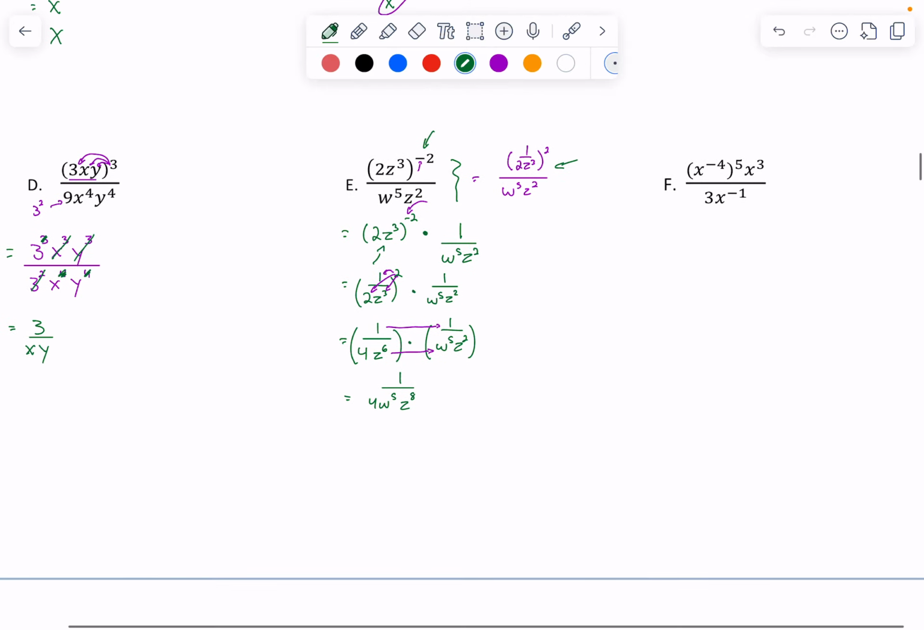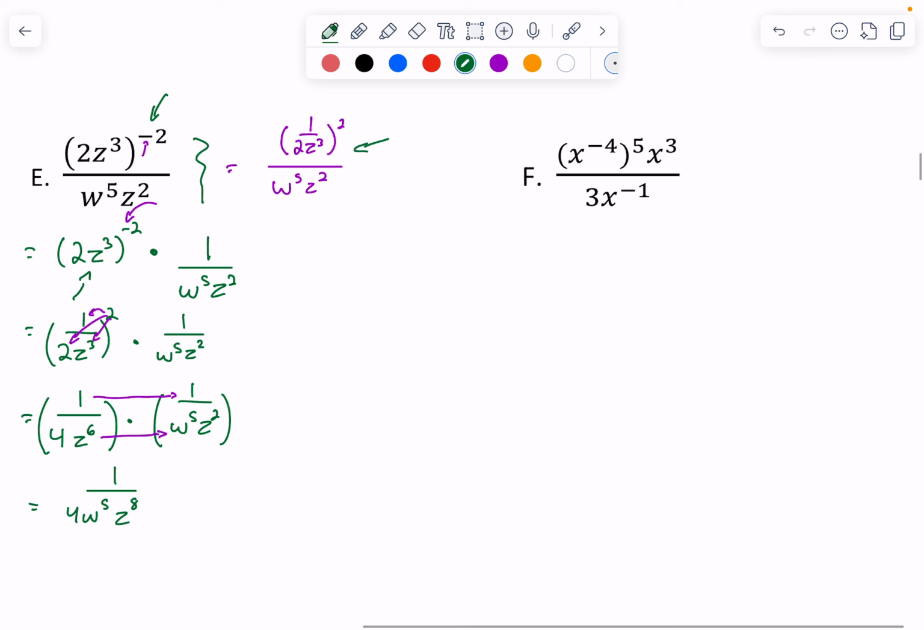Okay. So this one. Well, we have a bunch of x's here, so it's actually not similar to what we did before. It's not the exact same, but actually, let me start it and then I'll show you why it's not exactly the same. So first thing, let's take this 5 and multiply this -4. So we have x to the minus 20, and that's being multiplied by x to the 3, and that's all being divided by